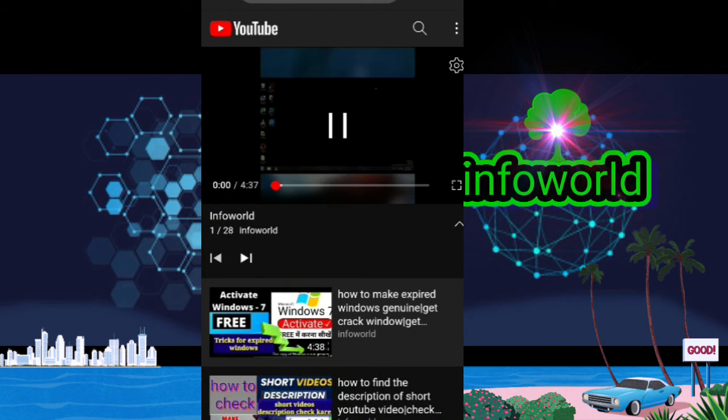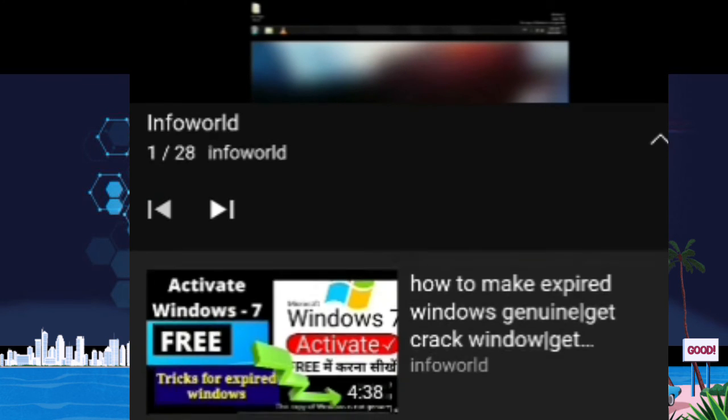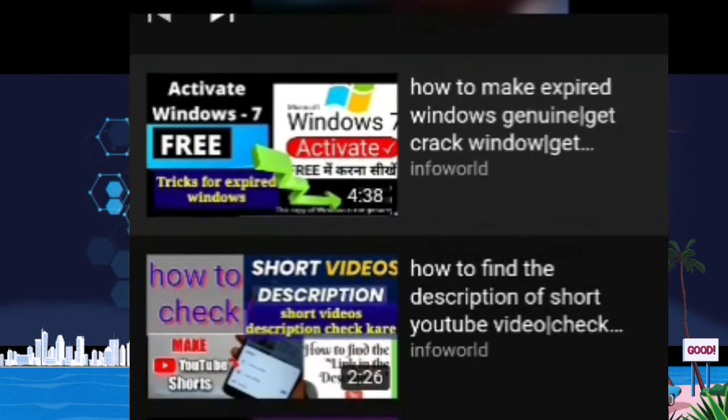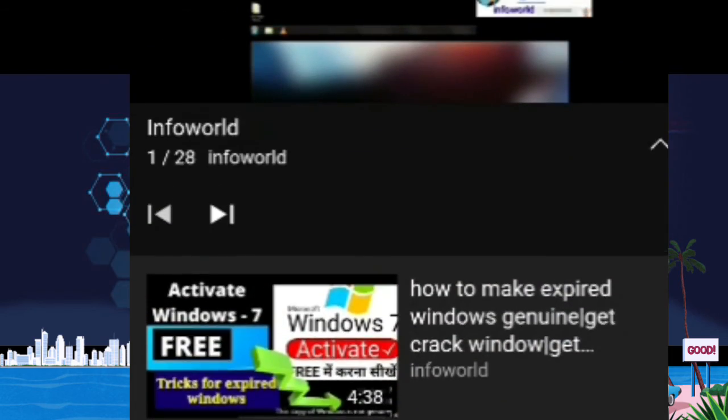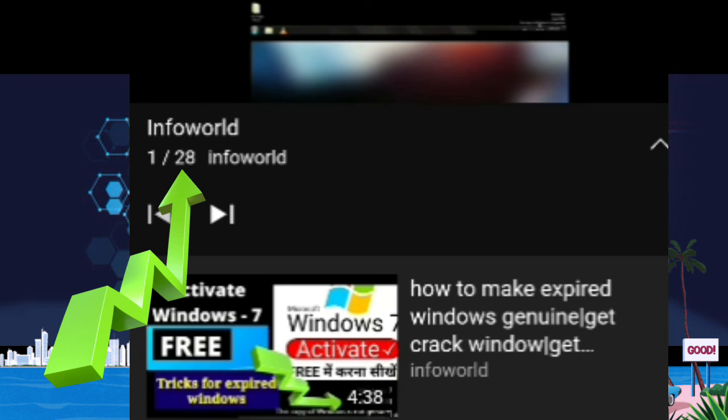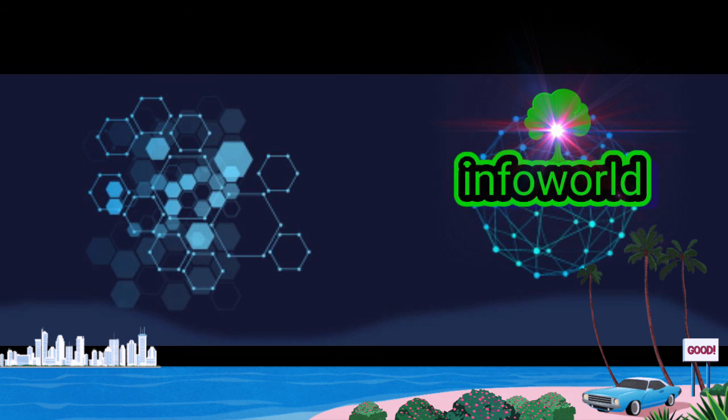Then all your videos will start playing automatically. You can see I have already added 28, so it will play one by one. Okay, see, all of these will be played one by one. You can see the number. First it is playing, then second, then third, and you can repeat the same thing in a new tab. Okay, every day, or you can keep a gap of 1 hour and you can clear the data and then start.